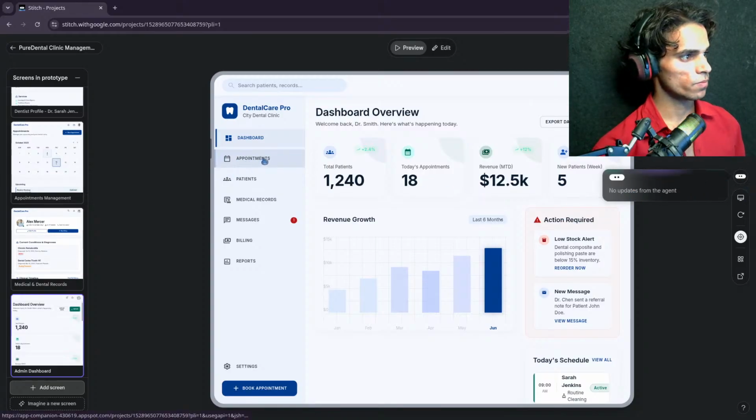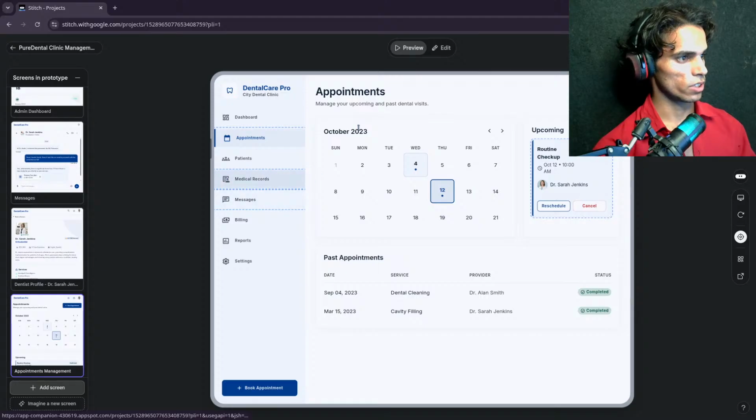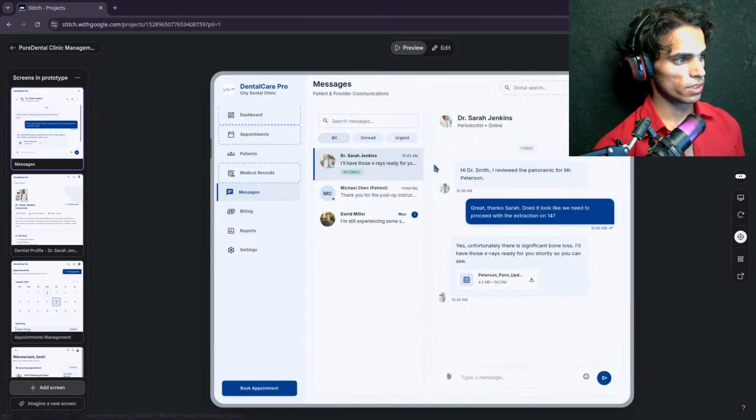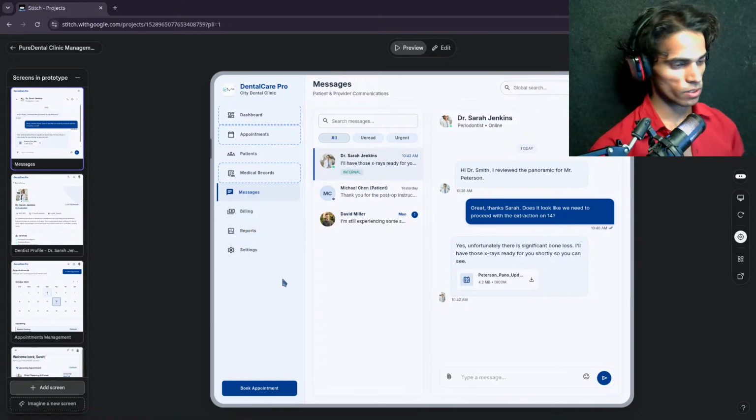So dashboard, yeah, there is a little problem. Wait, maybe it's okay. Now it's great. Appointments and medical records like this. Then in messages we have this. Now I would like to design all these pages: patients, billing, report, settings.